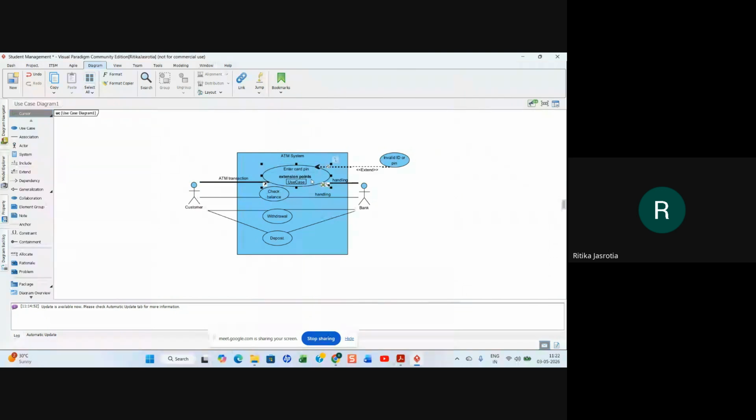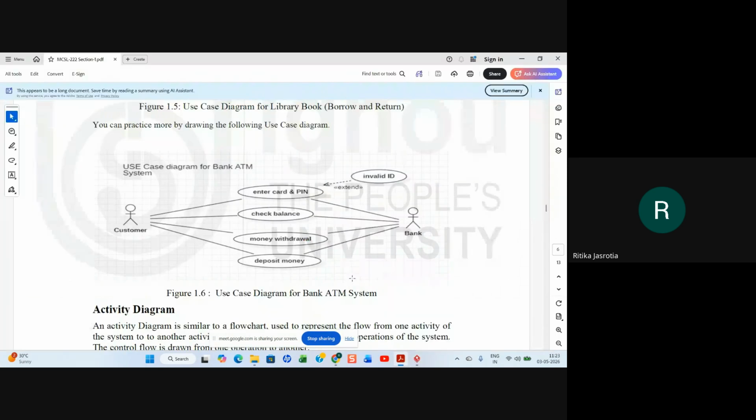Here they are saying you have to rename the extension point also. We are giving it check ID and PIN. That is an extension of this extend. That also you can make, right? So this is one of the things they have shown you.